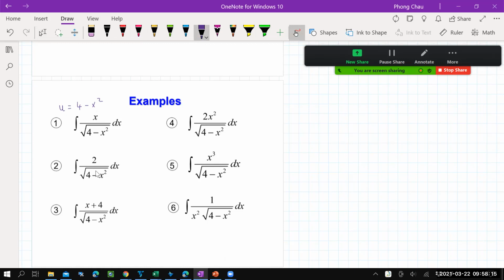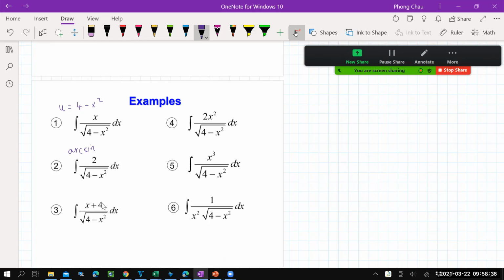Then you're looking at number 2. Well, I cannot u-sub here because there's no x on the top, and the derivative is negative 2x. But observe carefully, that is really the arcsine formula. So we're going to use the arcsine function there. And then for example 3,